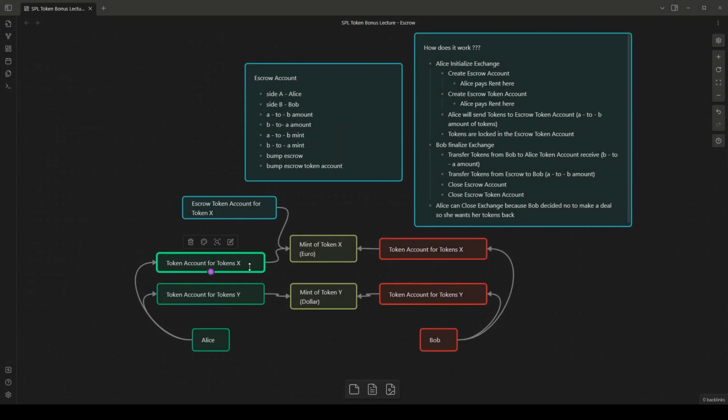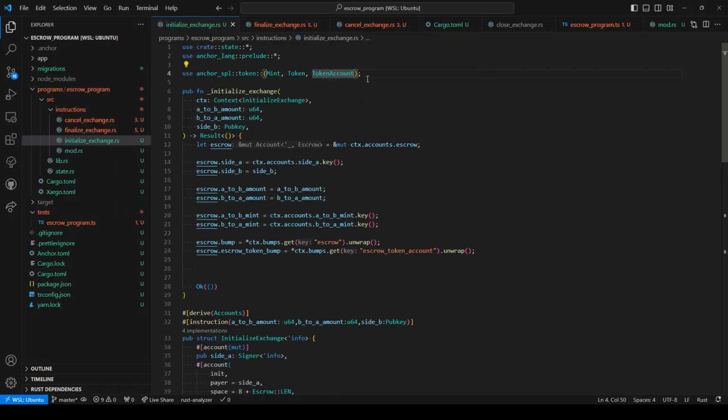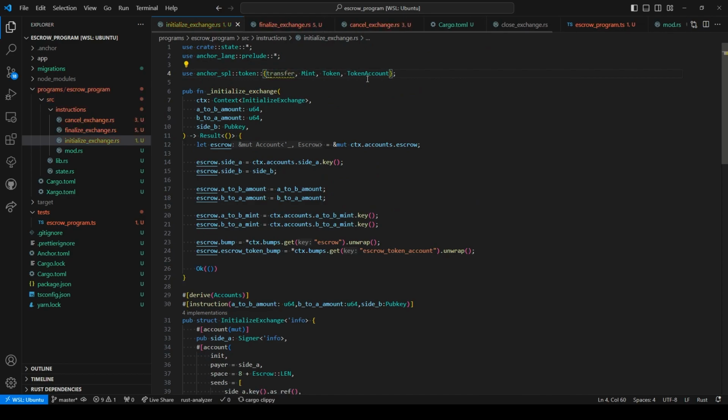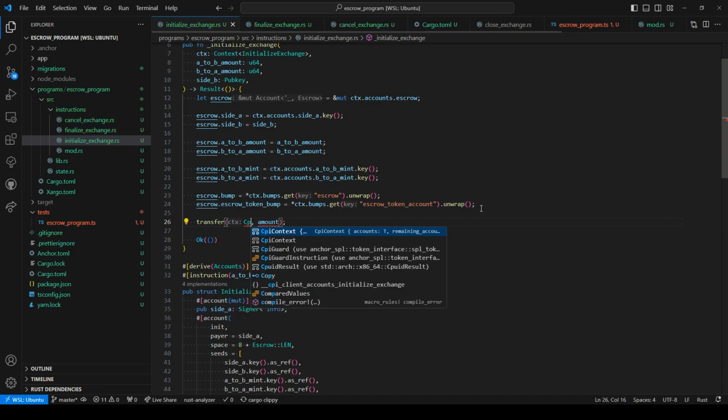So let me open the Obsidian. We are going to perform the transfer from this associated token account into this freshly initialized escrow token account. So for this, we need to specify the transfer function from the Anchor SPL. And this transfer function will actually call the transfer function within our token program, but we obviously need to specify that we want to invoke a function from the token program. We need to specify it in this way: CpiContext